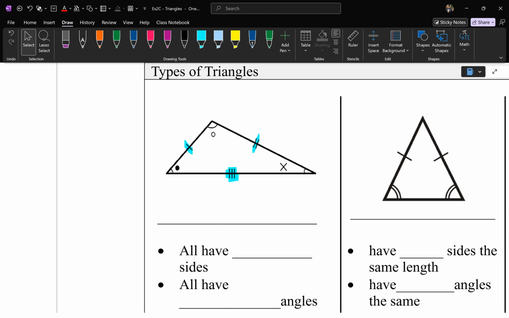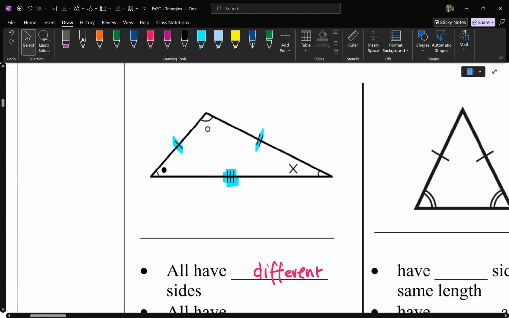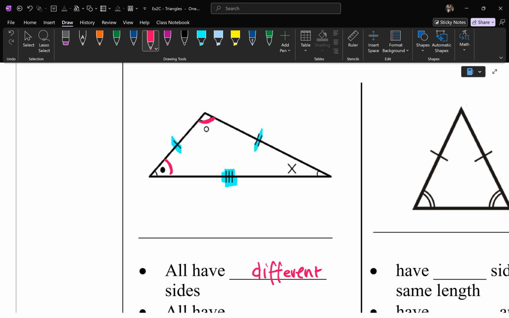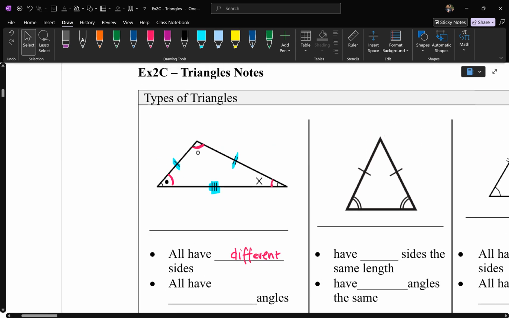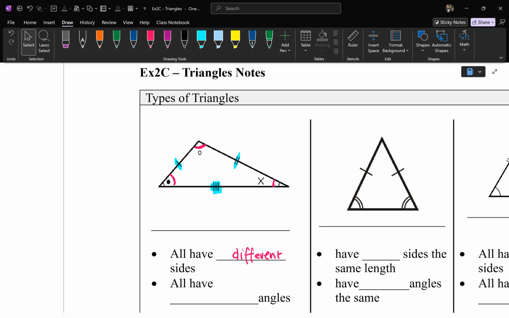Okay? So here they all have different sides. And then if you look at the angles, notice that they all have different symbols as well. The angle on this corner is dotted with a closed circle, open circle for the top, and then marked with an X on the right. So all 3 must then have different angles. If you want them to have the same angles, you use the same symbols or you use the same curve. All right, so here we would say all have different